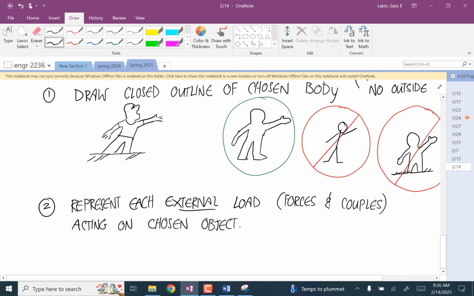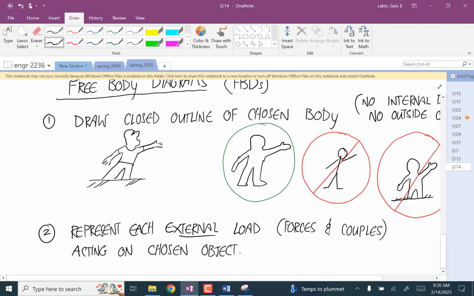Now, when I introduced Newton's second law last time, what I said was the net force is equal to the mass times the acceleration, okay? So the net force is the sum of all the forces. This is kind of an important, interesting, almost like philosophical point about this. Think of how much harder our job would be in using Newton's second law if we had to represent every force acting on the chosen body, okay? Because that's really what it says, every single force acting on the body, we have to consider. And there's pretty significant forces acting,